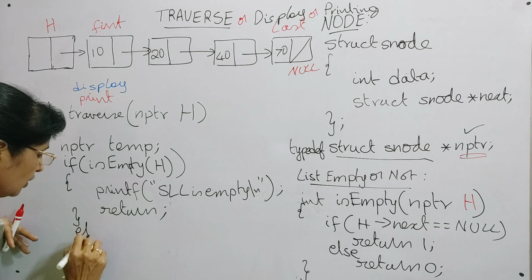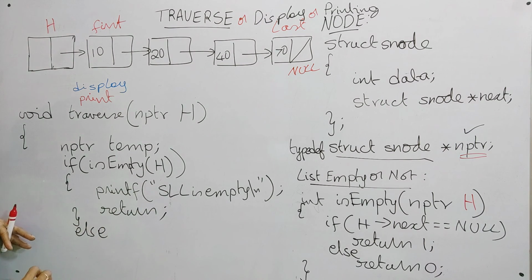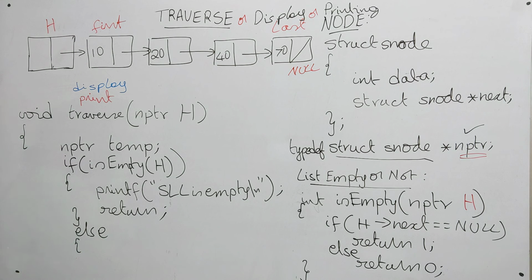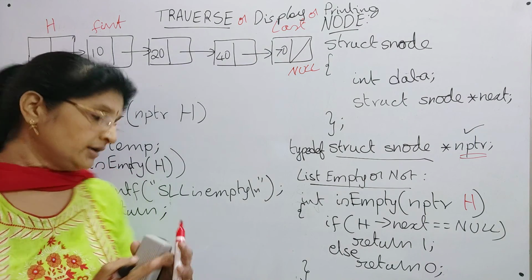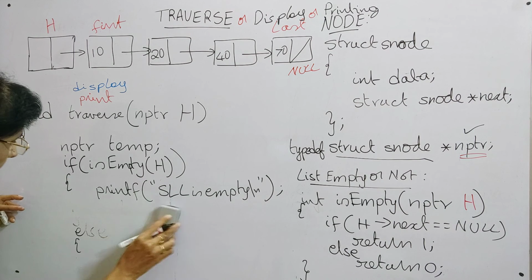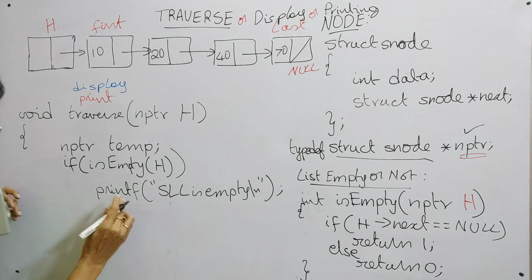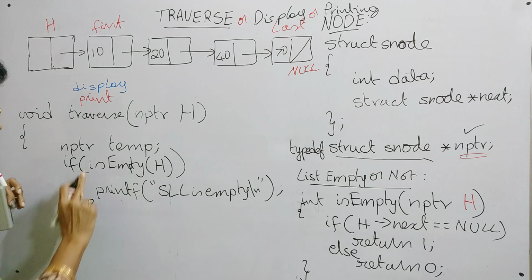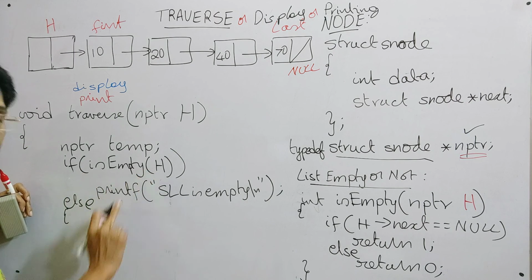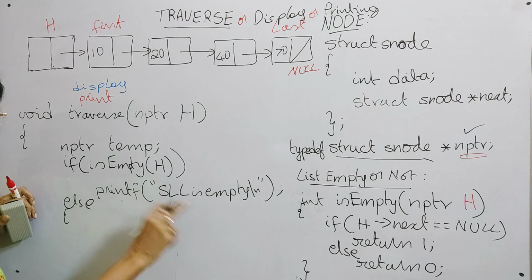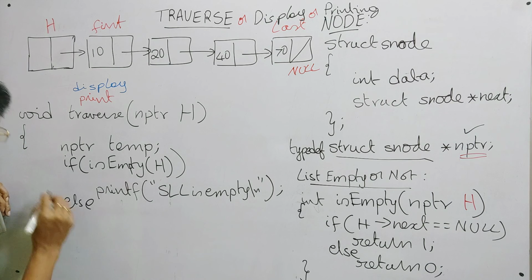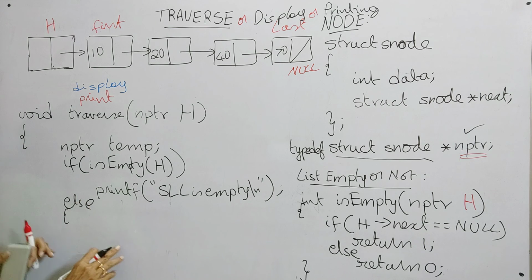Then what will we do? We will give the else. In the else part, what do we have to give? So if you want, you can give the return, or you can give it in the else part. If this condition is false, then only it comes to the else part. That means when the list is not empty, it comes to the else part. So suppose the list is not empty, so here you have to perform